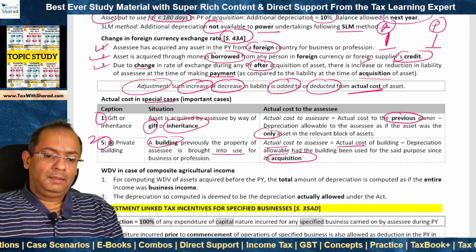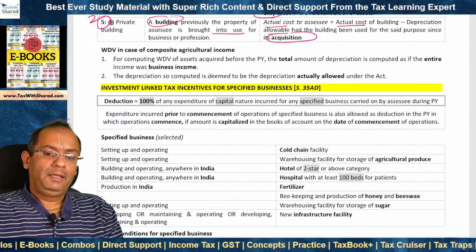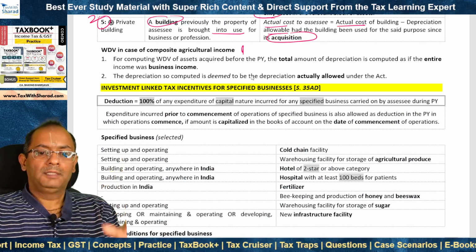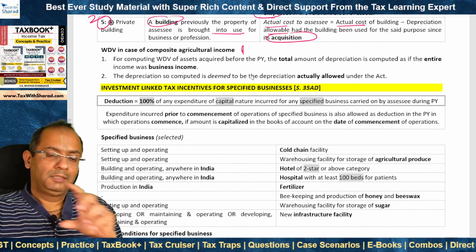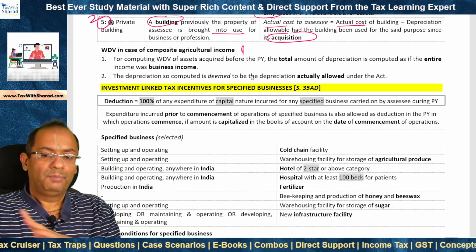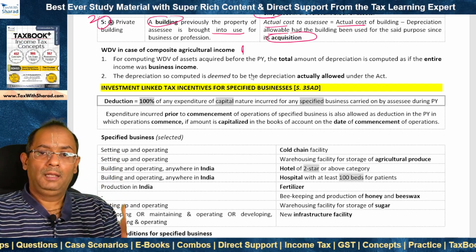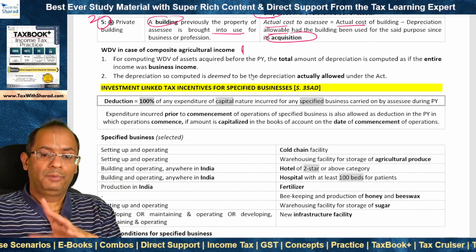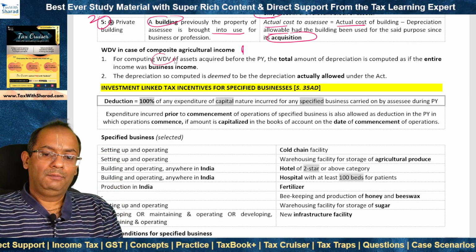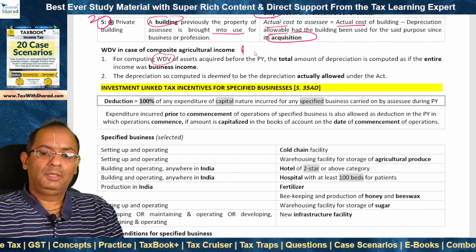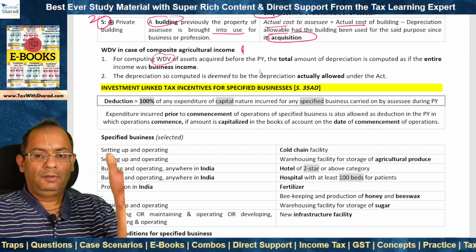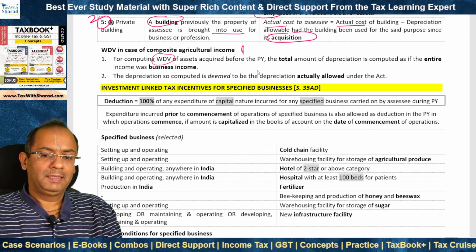There is a special provision for computing WDV in case of composite agricultural income. So where there is processing beyond compulsory processing, composite agricultural income arises, which is to be split into a taxable business income component and an exempt agricultural income component. And therefore depreciation will also be allowed proportionate to the taxable business income component. But how do we compute the WDV of the assets? So for computing the WDV of the assets acquired before the previous year, that means for computing the closing WDV of the asset for a particular year, which will then become the opening WDV of the asset for the subsequent previous year,